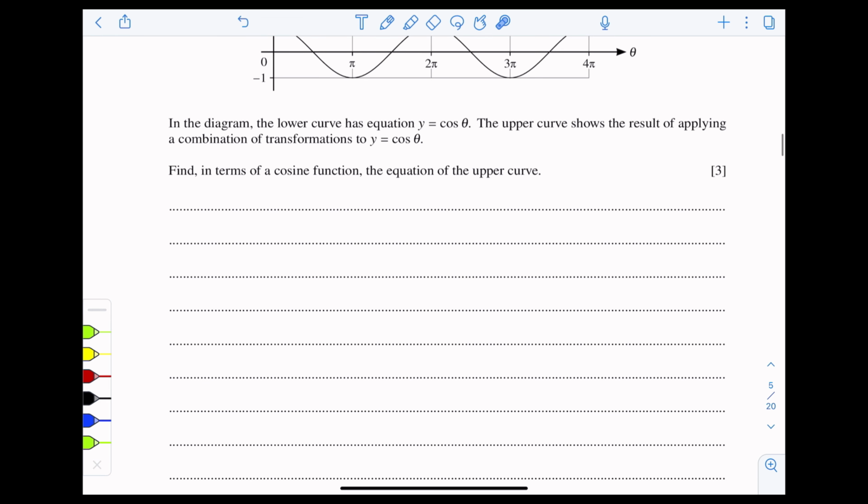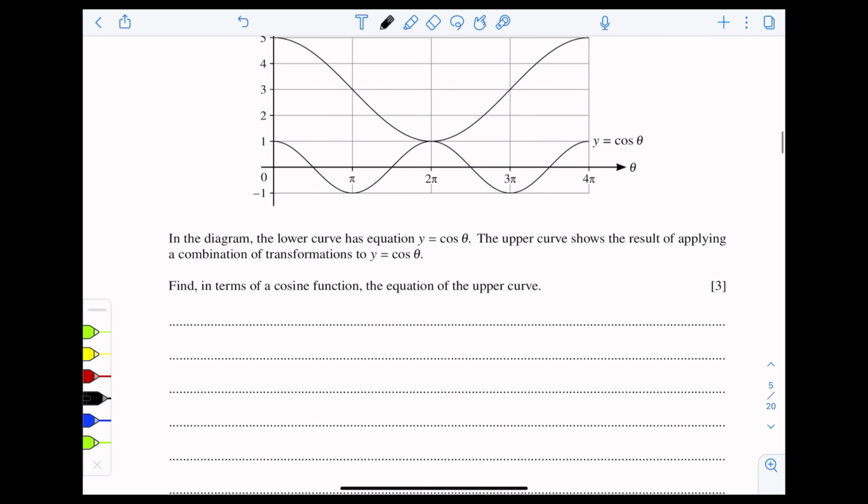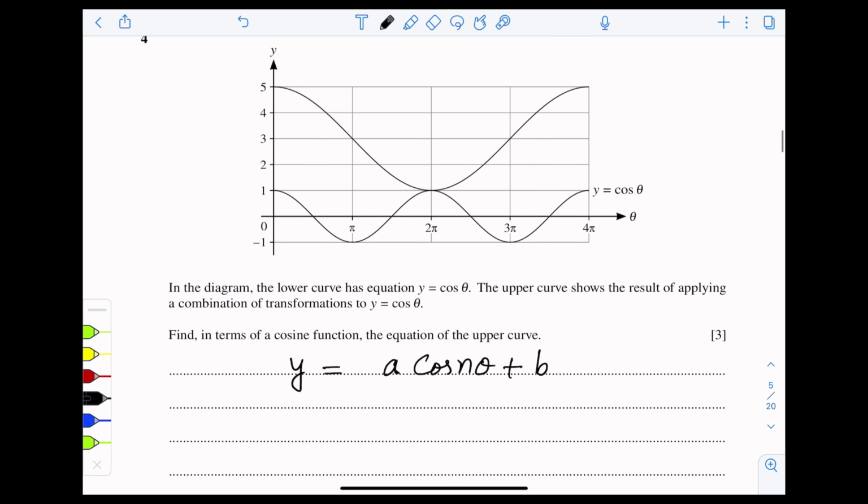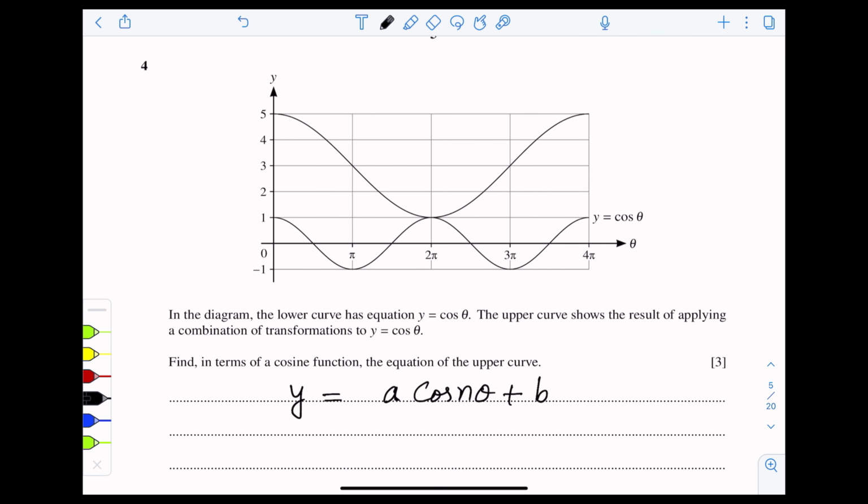तो हम इसको लिख सकते हैं, we will write it as, let the equation of upper curve be in this form: y is equal to a cos n theta plus b। हमने इसको इस फॉर्म में लिख लिया है। पहले हमारे पास सिर्फ cos थीटा था, cos थीटा में थीटा को n से मल्टीप्लाई भी हो रहा है, ये फंक्शन में कोई चीज़ ऐड भी हो रही है, दैट इज b, और फंक्शन की वैल्यू के साथ a मल्टीप्लाई भी हो रहा है। तो अब वी हैव टू फाइंड नो द वैल्यू ऑफ a, n एंड b,